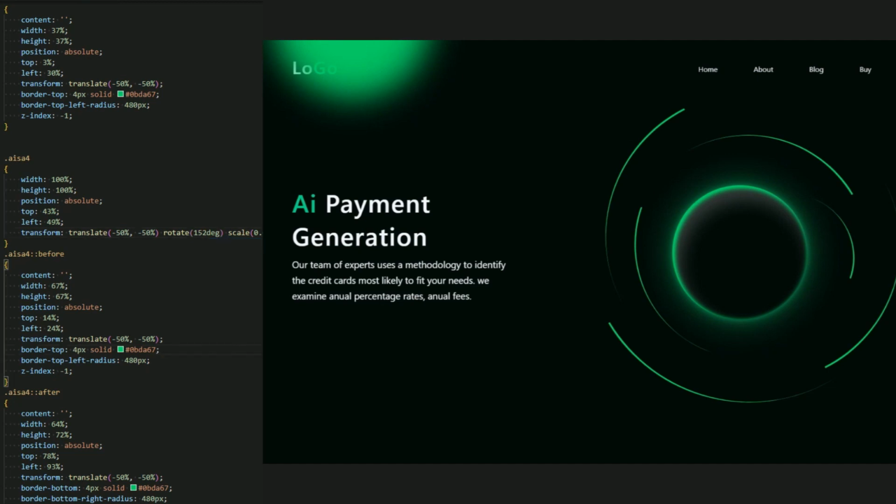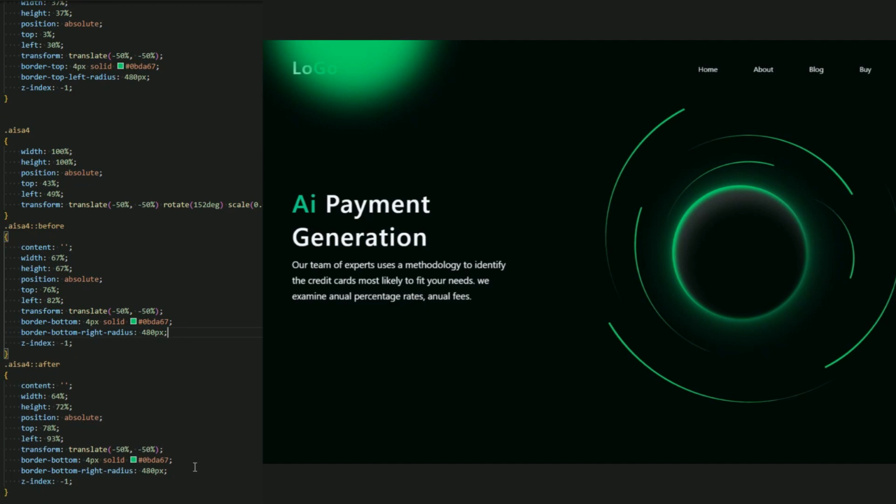Okay, now for the ASA 4 before and ASA 4 after, the width and the height be the same again, but the position changes: 76% and 82% of the left. Here we go. And again, let me change this border to a bottom and the top be an after. There we go.